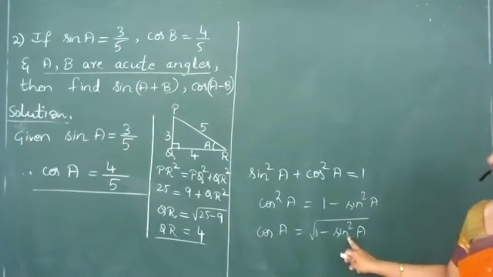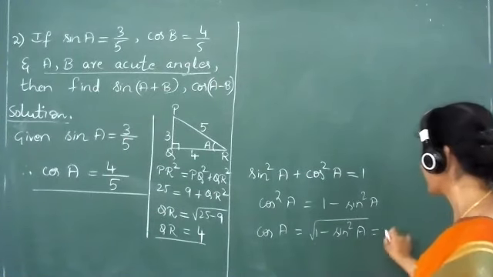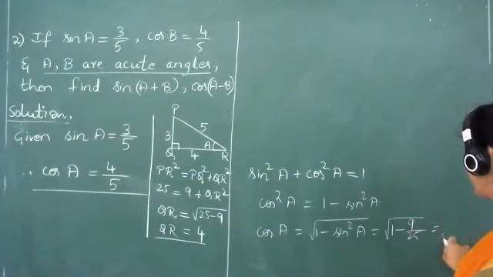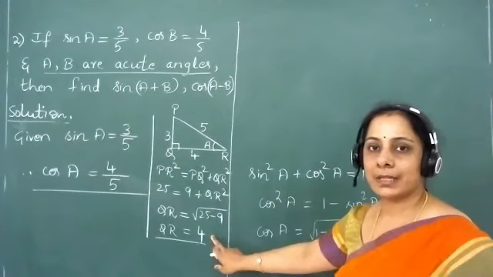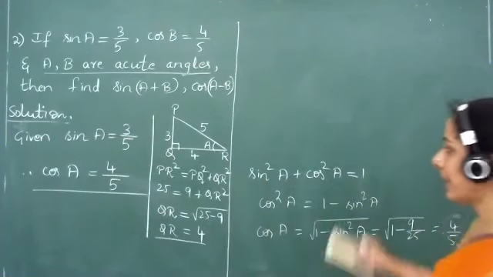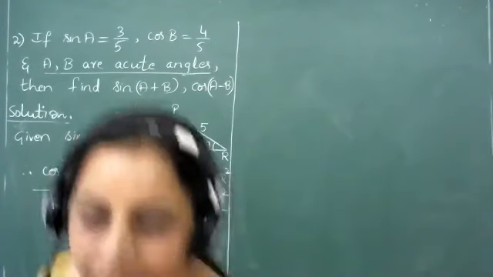In this, we shall be replacing the value of sin A. Sin A given as 3 by 5 will get replaced in the square root in the RHS, so that we find this to be 1 minus 9 divided by 25. Simplifying, you get square root of 16 divided by 25, and thus you find cos A to be equal to 4 by 5. You will either use the first method or the second method that we just had. Whatever it is, the final answer of cos A will have to remain the same, 4 by 5. Cos A is done.